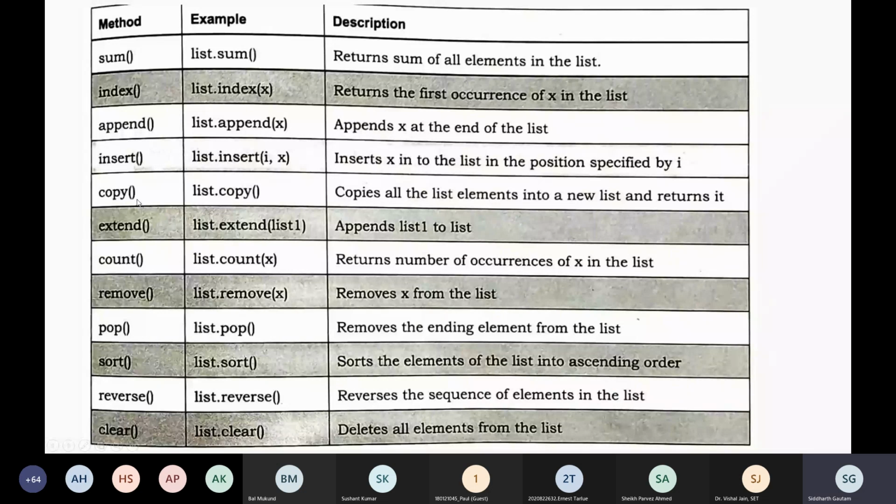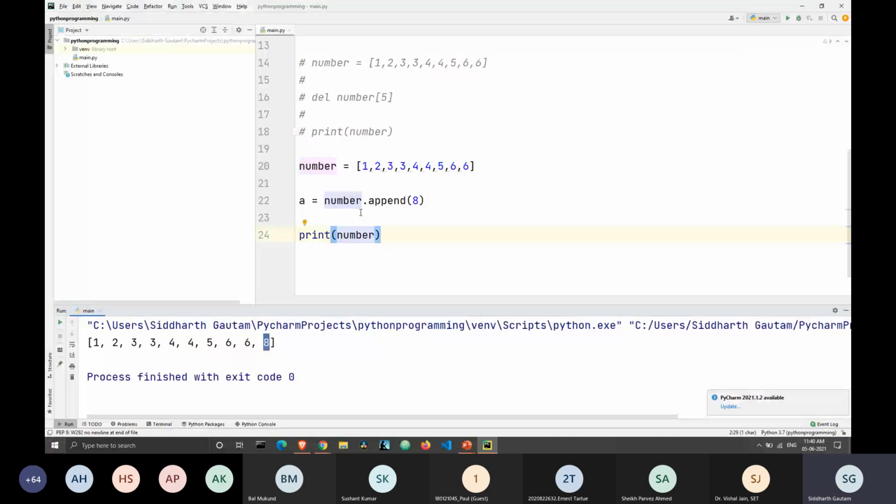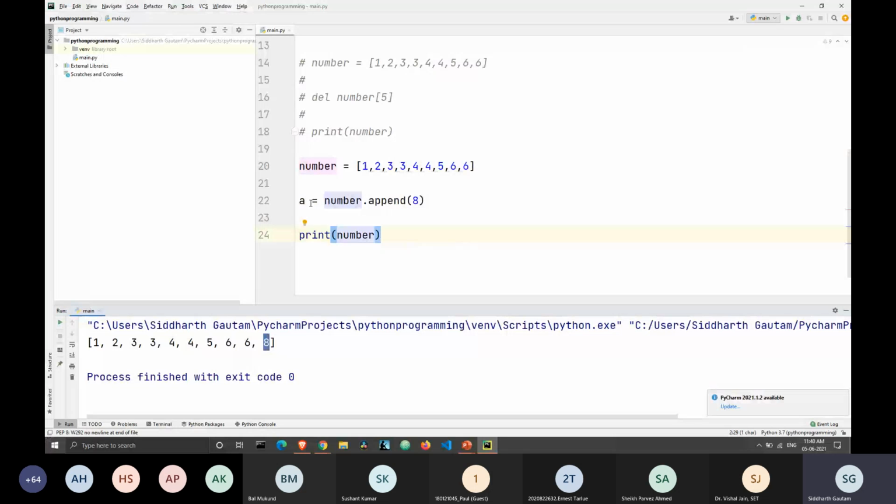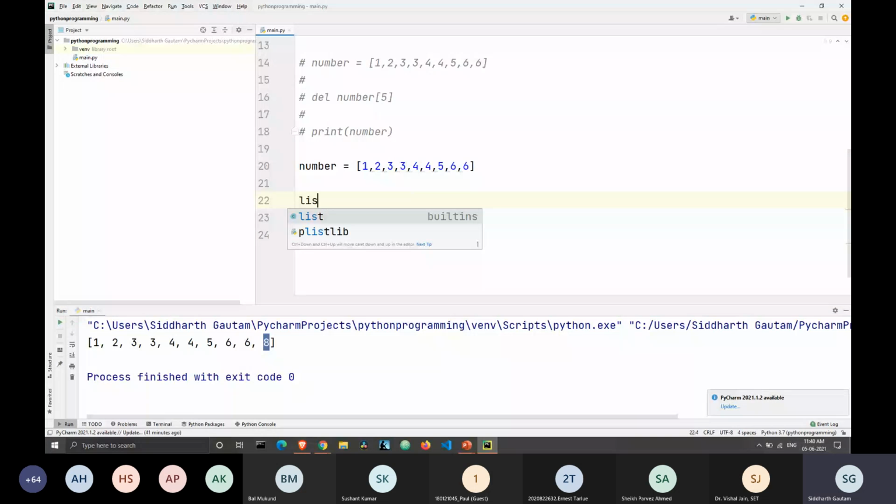Let's take a look at copy. Let's make another list, which we will name number 2. Number 2 will be equal to number.copy.